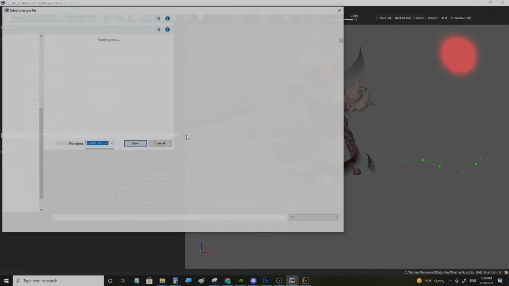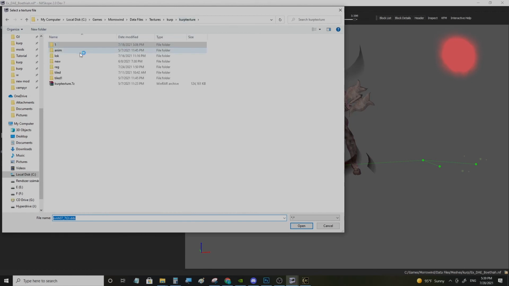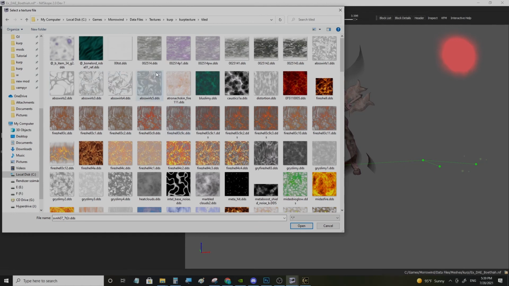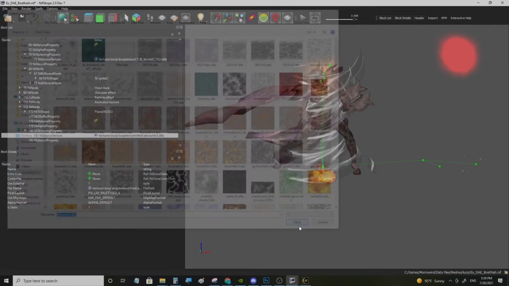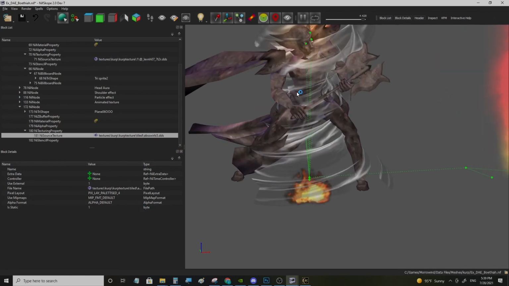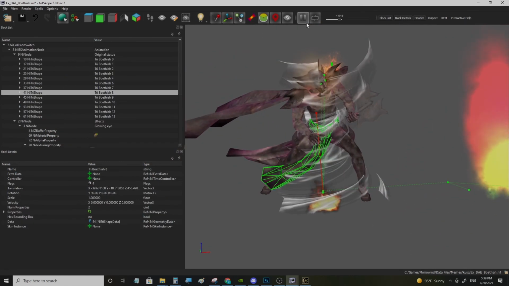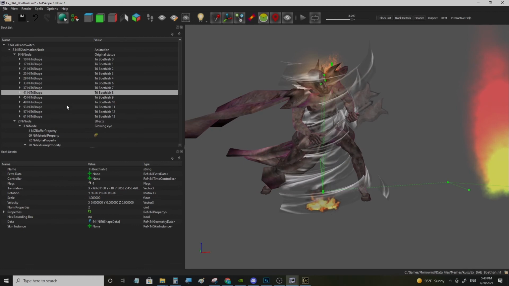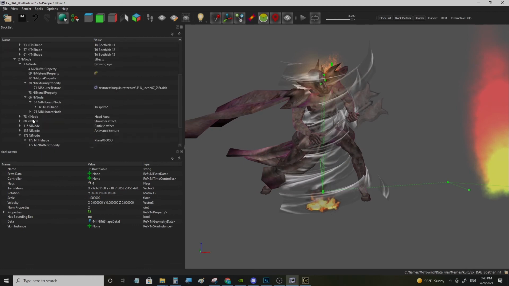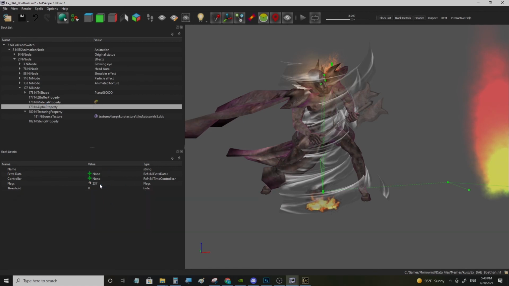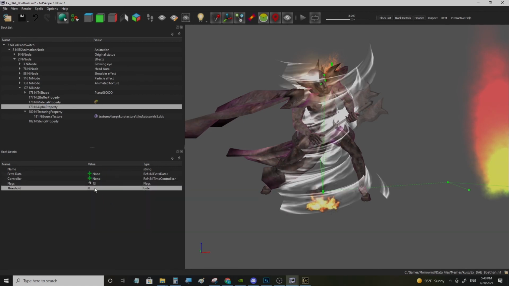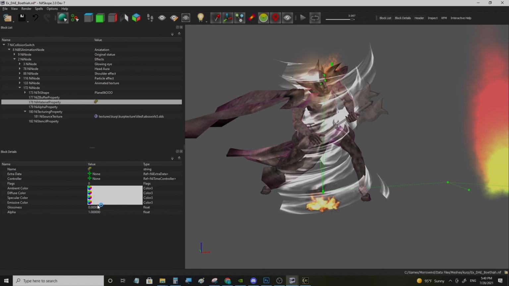We should select some new texture, maybe this one, and change the alpha flag, maybe change the visibility,